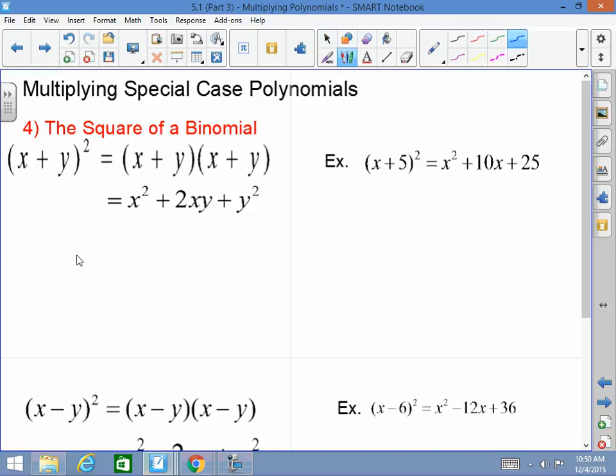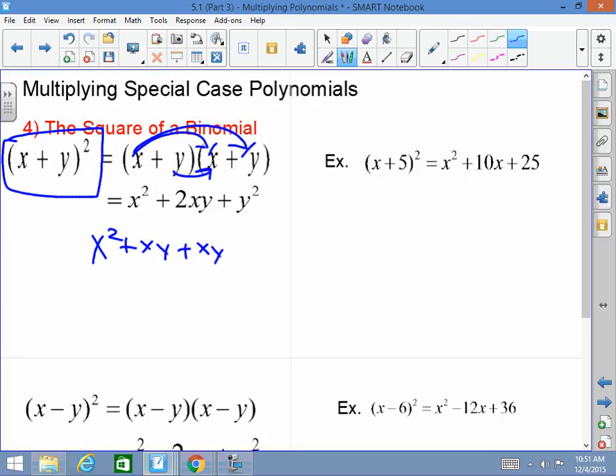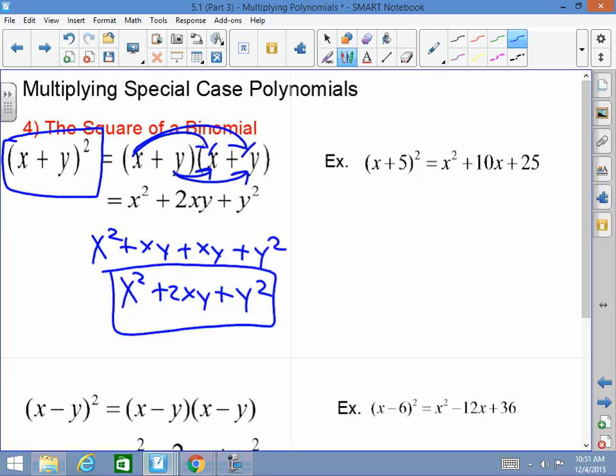When you have a perfect square binomial, when you have x plus y squared, we just learned that means it's x plus y times x plus y. You could do this the long way, guys. X times x is x squared. X times y is xy. Y times x is xy. Y times y is y squared, which is x squared plus 2xy plus y squared. You could do that. Or